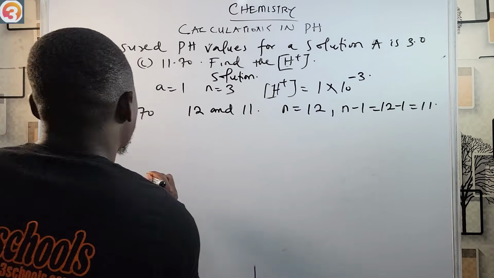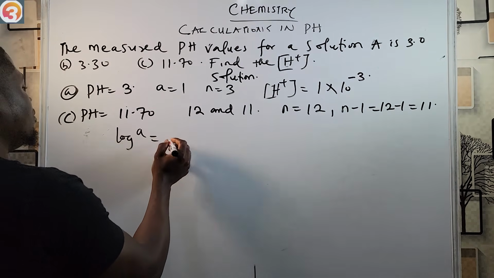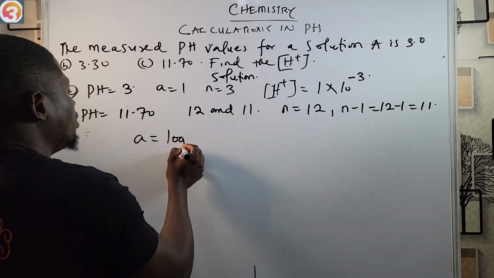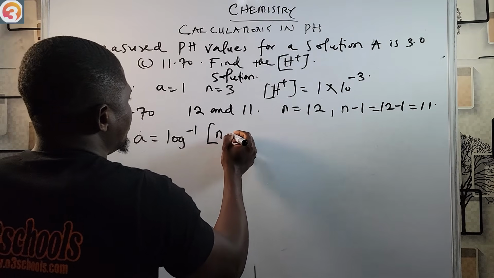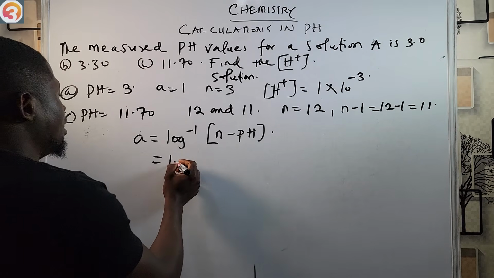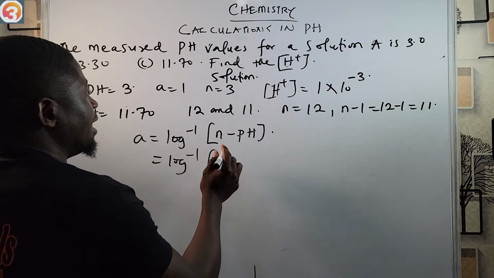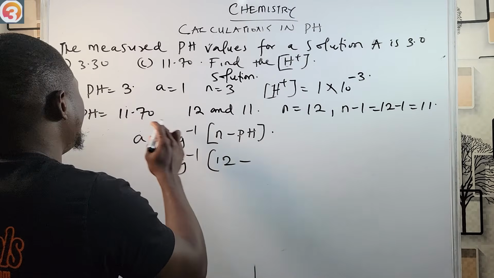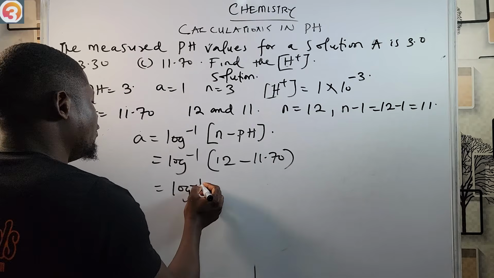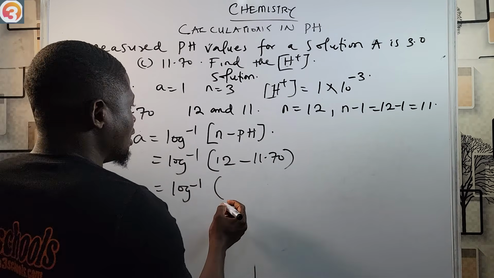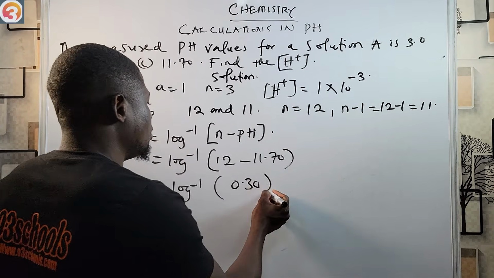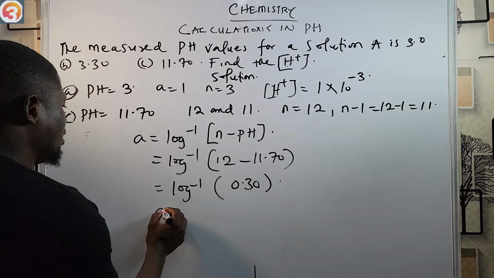So once we have known that, we can know that our A is log inverse of N minus pH. All right. So what is our N? N is 12 minus our pH, 11.70. So I'm going to have log inverse of 12 minus 11.70, which is 0.30, right? So of course our A now will be equal to